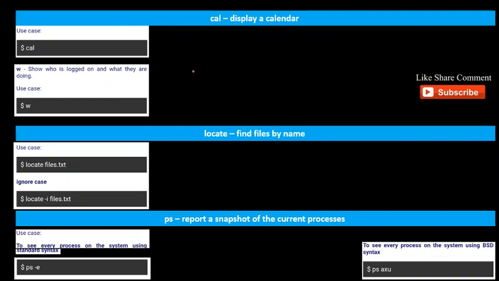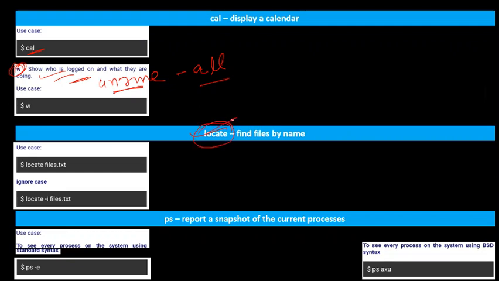And calendar we also use, to display the calendar date. And if you want to see who the current user is, you can use w, and it will show you the current username. You can also use uname; in some places it runs like uname also. And if you want to see all the details, you can use hyphen a, meaning all, or hyphen all. And the locate command is used to find a file,